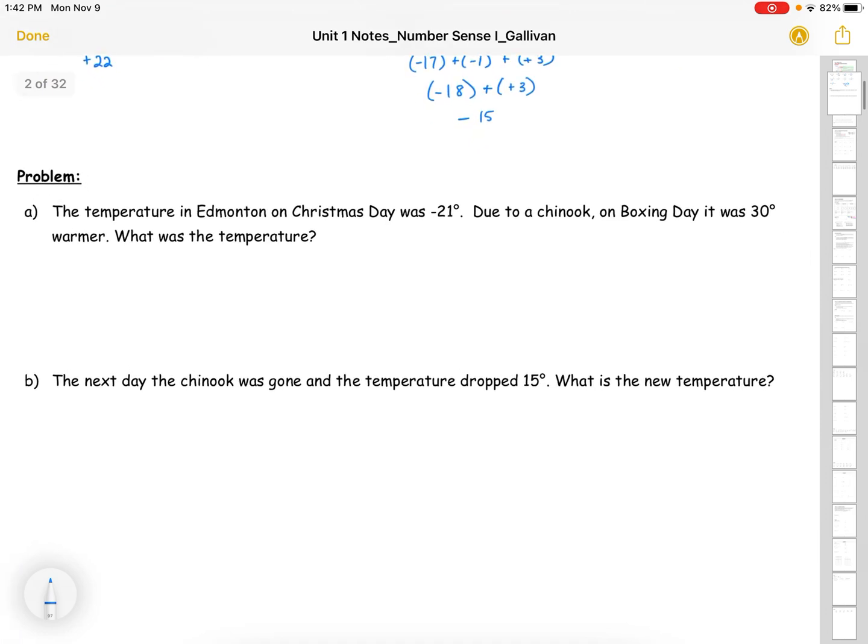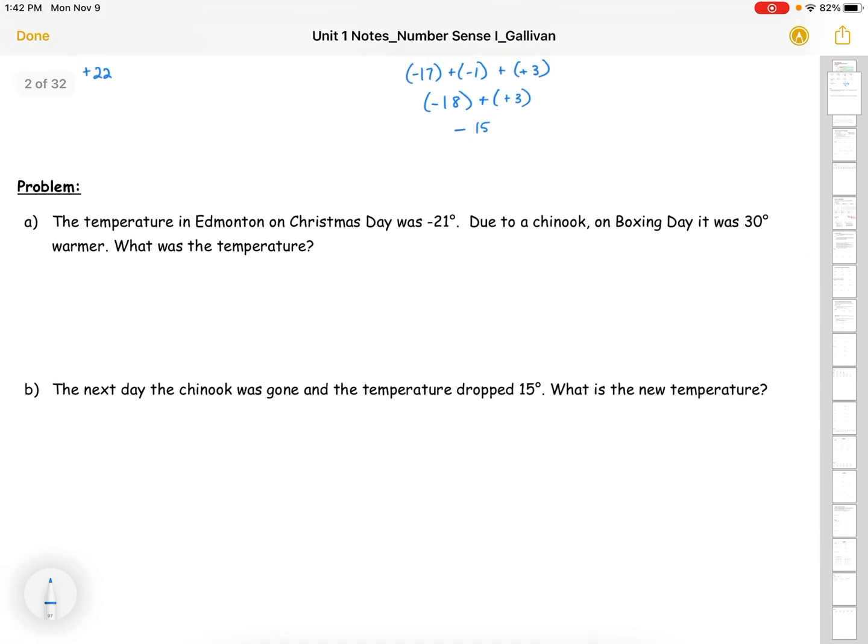Okay? Now let's look at some problems. Temperature in Edmonton on Christmas Day is minus 21. Due to a Chinook on Boxing Day, it was 30 degrees warmer. What was the temperature? So we started at minus 21, and then we added 30 degrees. So it was plus a positive. So that would be our expression. So looking at this, the positive number is bigger, so my answer is going to be positive. And I just have to find the difference between 30 and 21 degrees. So this would be positive 9 degrees. Okay, so therefore, the new temperature